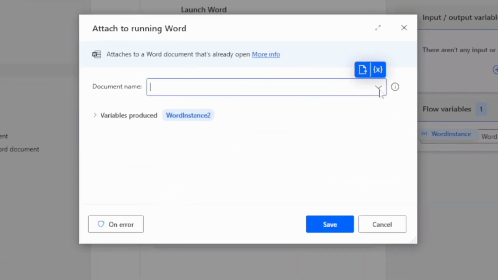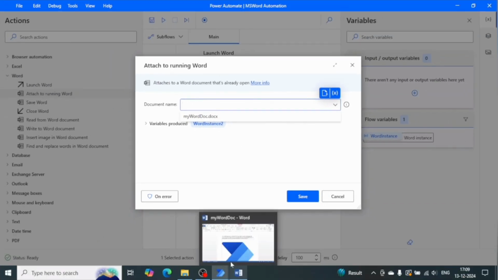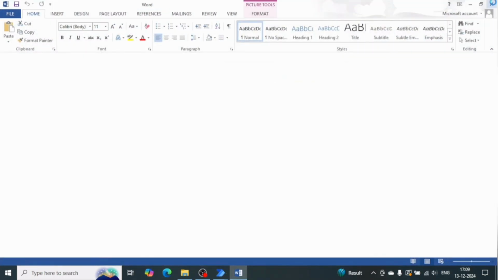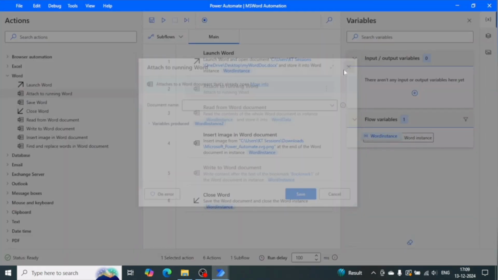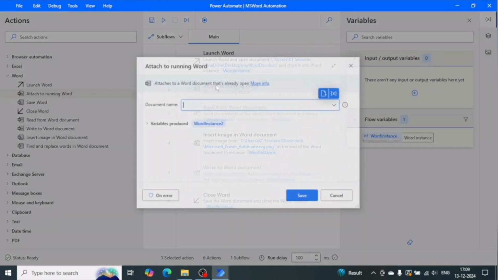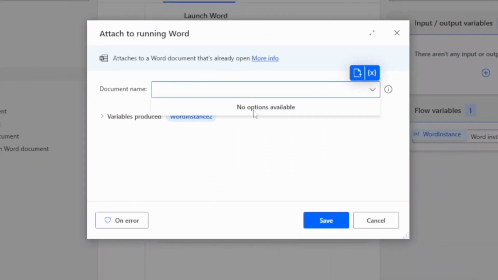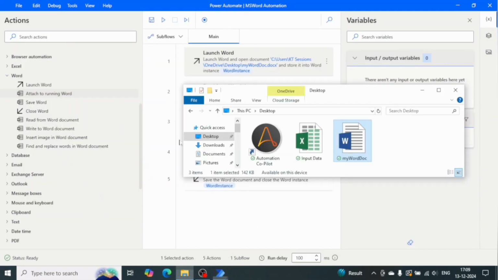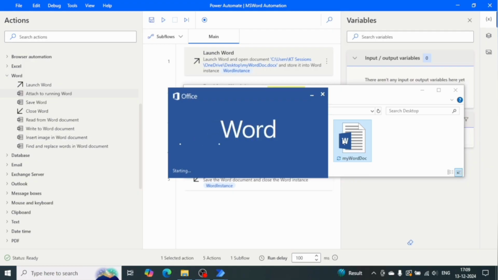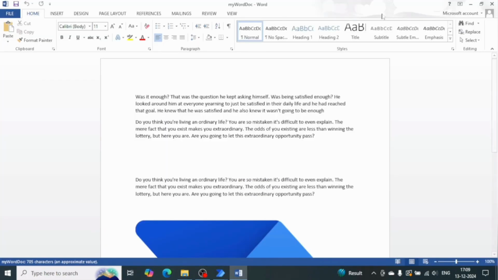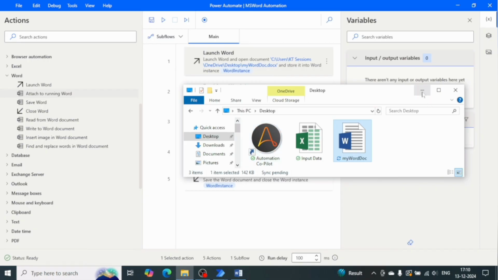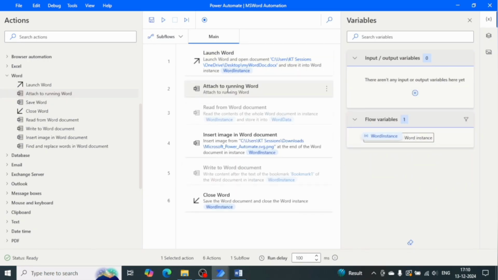So when you click on this drop down, it will show you the name of the documents whichever are open at the moment. So this file is open, we are getting this name. For example, if I close this file and I take this action again, here we won't be able to see any option. You can see no options available. So first of all, if we want to attach to the running Word, we need to open that file so that we can capture the name of that file in the attach to running Word action. Okay, so here you can see my Word docx,